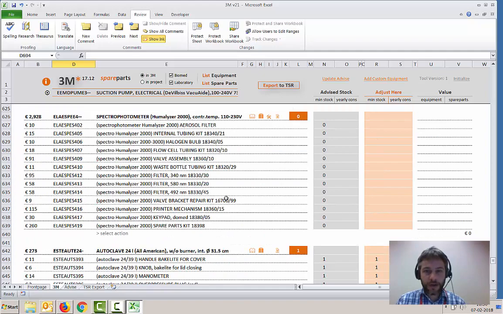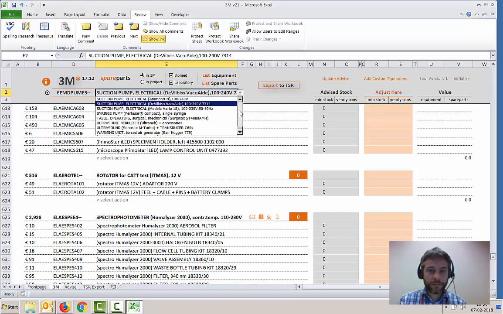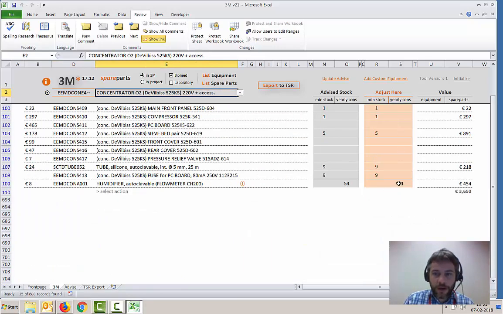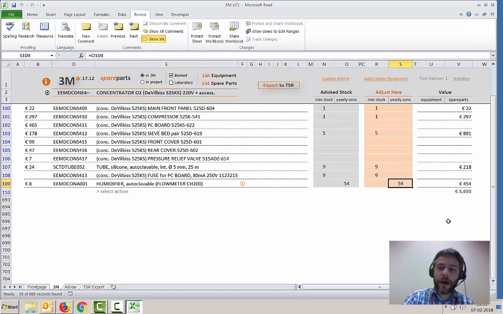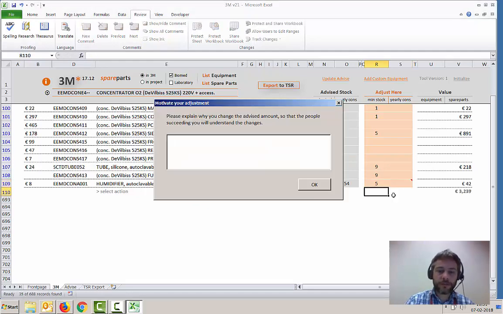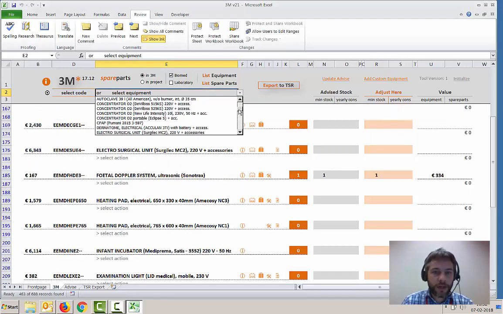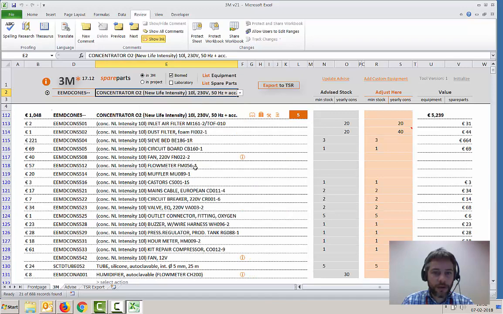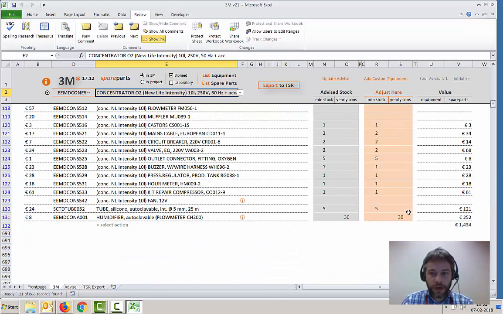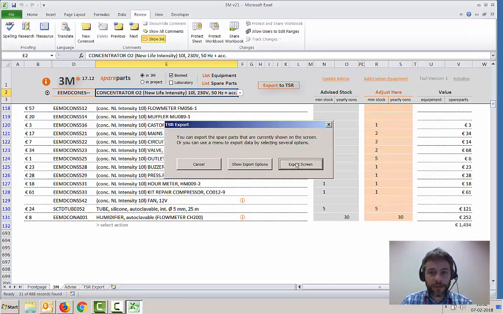So what can happen is, for example, if you have an oxygen concentrator and you have, for example, a humidifier. Here we have 54, but I say no, I don't want a yearly consumption. I just want to make sure there is, let's say, 5 in stock. We don't replace them often. Okay, so if I have now the other concentrator, like a new life, which also has a humidifier, but here I leave the yearly consumption. If I then export it to the